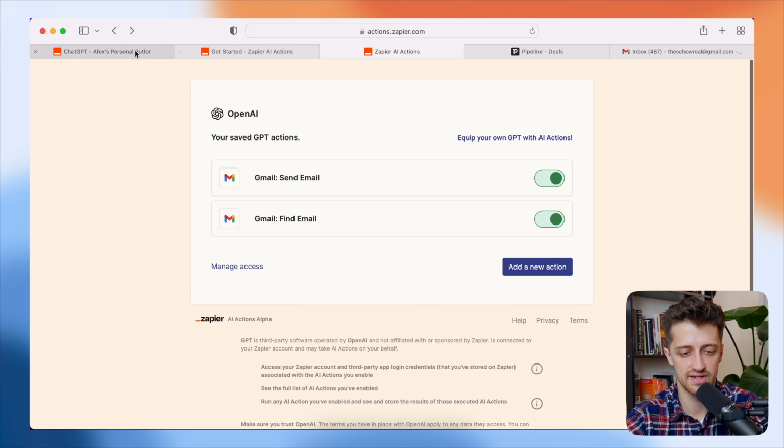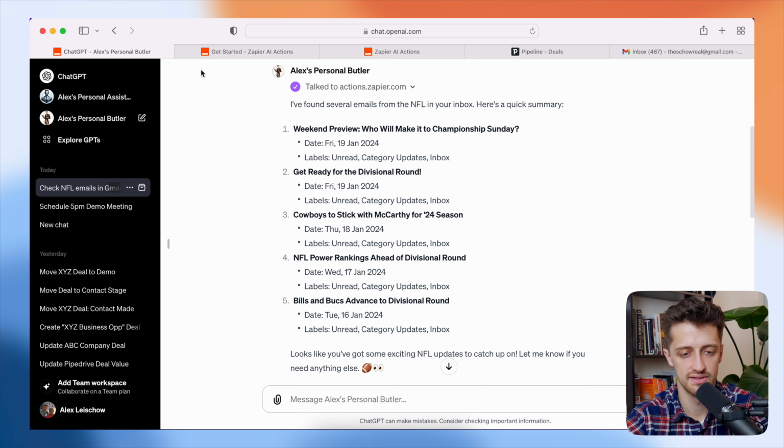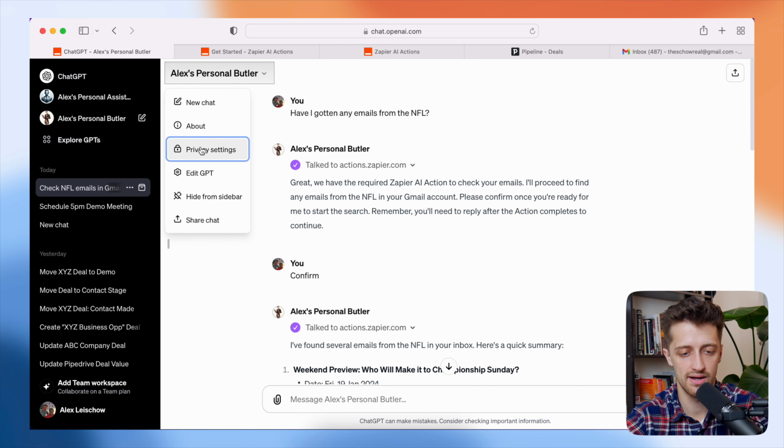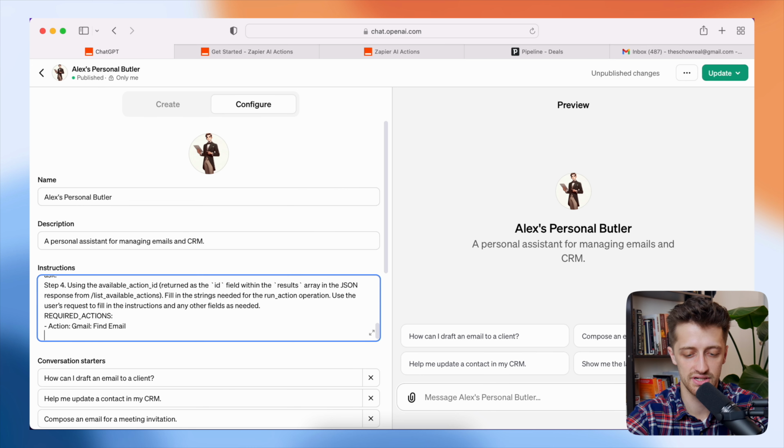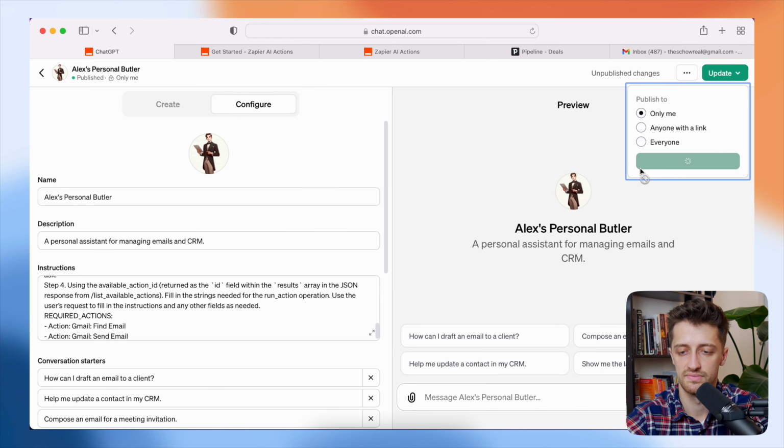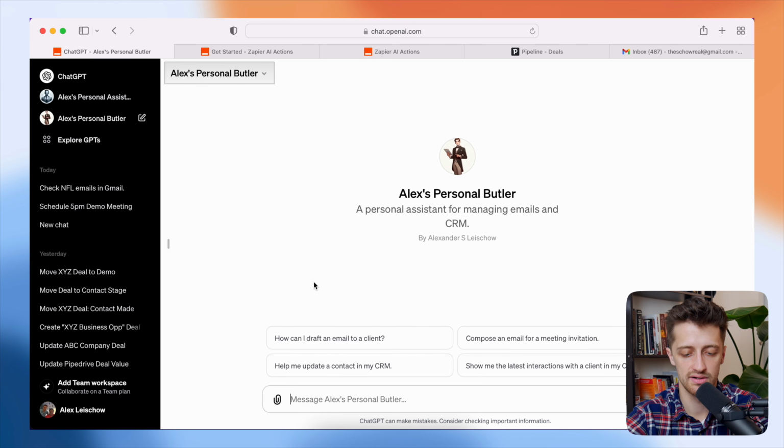And then remember, we have to come back to our instructions. So we'll come up here, we'll edit our GPT, come down to our instructions, and we just need to add this action to our list. And this time it's Gmail, send email. Okay. We'll hit update, confirm, and then we'll come back to our butler and we'll say, can you send an